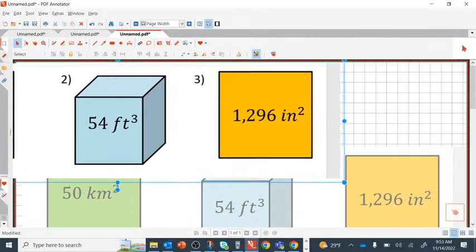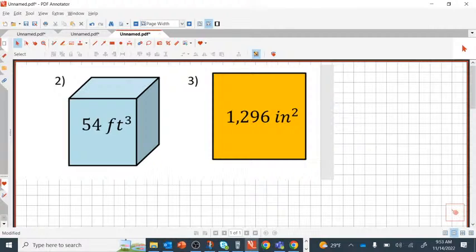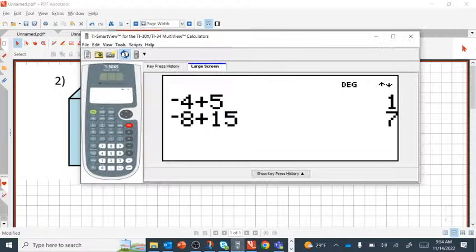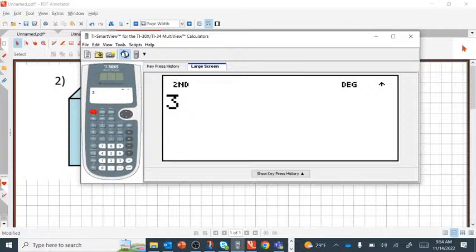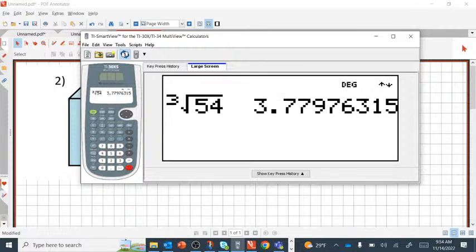So, let's see here. On number 2, what are you going to do to 54 to find out what the edge length of that cube is? You're going to take the cube root of 54. That's exactly right. We need to take the third root of 54. So if I grab my handy-dandy calculator and ask what the third root of 54 is, it's going to give you a big, nasty, approximate answer,